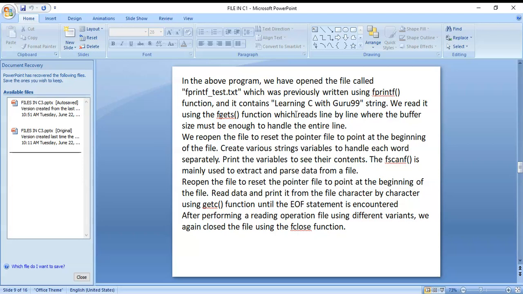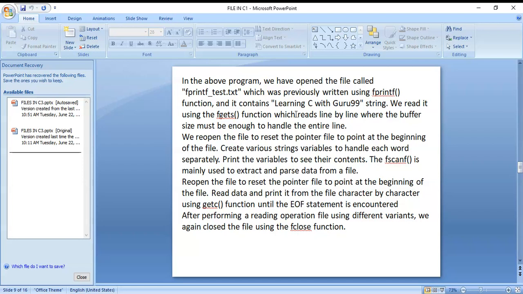You can see there first one "learning", second one two characters, next one "with", next one "Guru 99". These different strings are stored in those variables.